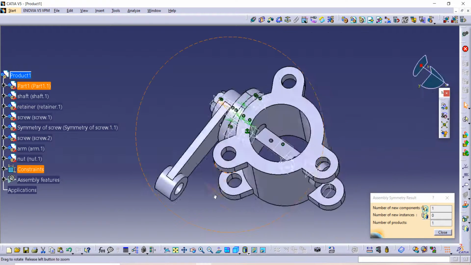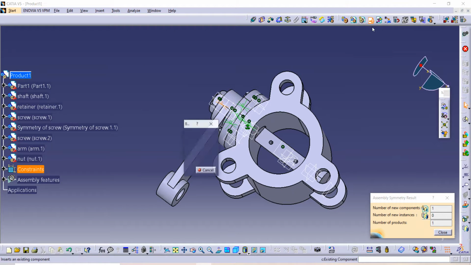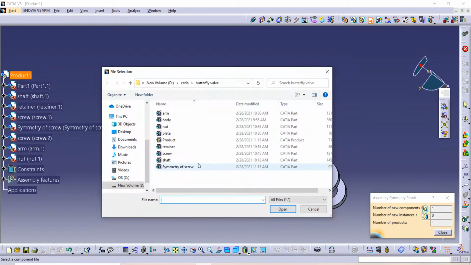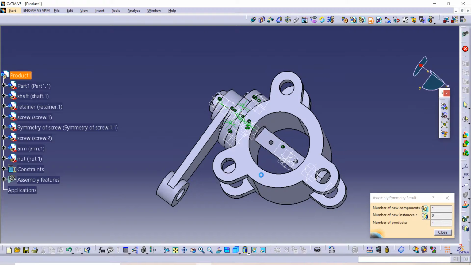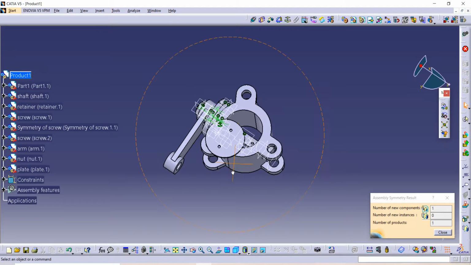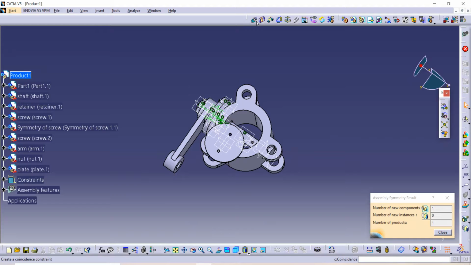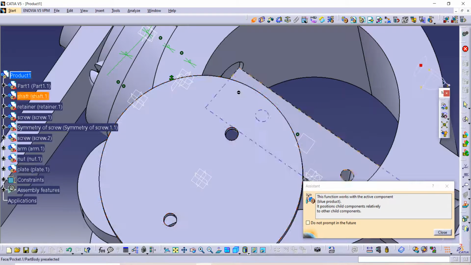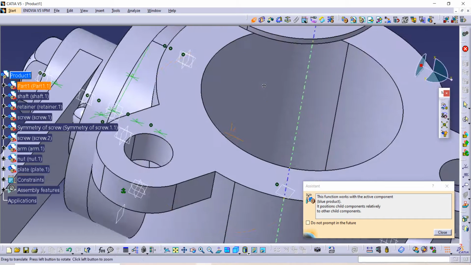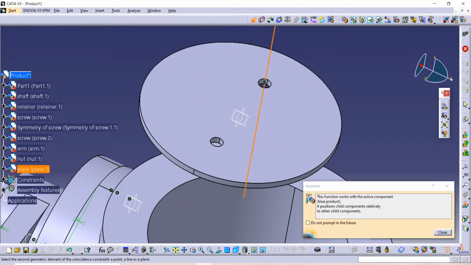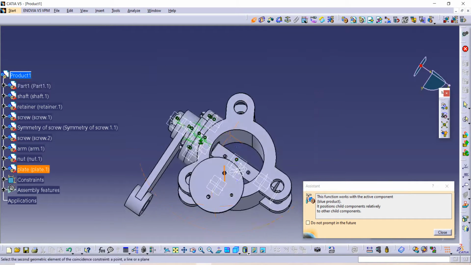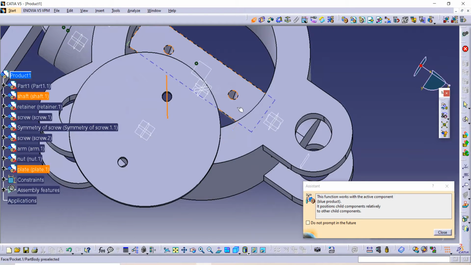Similarly our last part is remaining, so go on existing component, and our next component is plate, and go on open. After that we have to fix it with both of the holes, so go on this coincide command, select axis of holes and again axis of this hole.